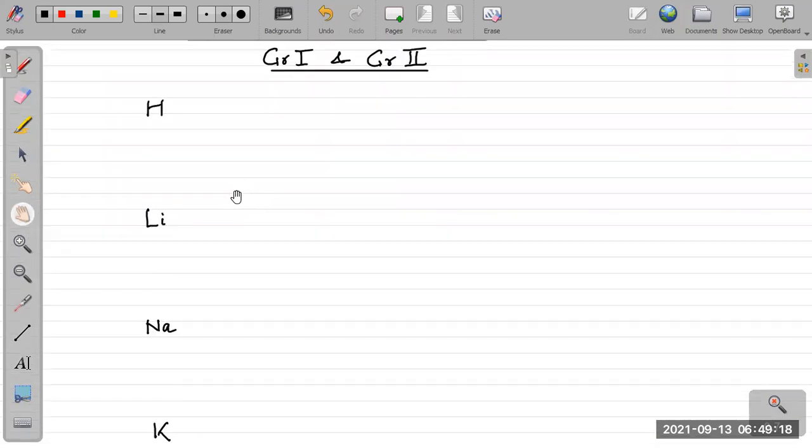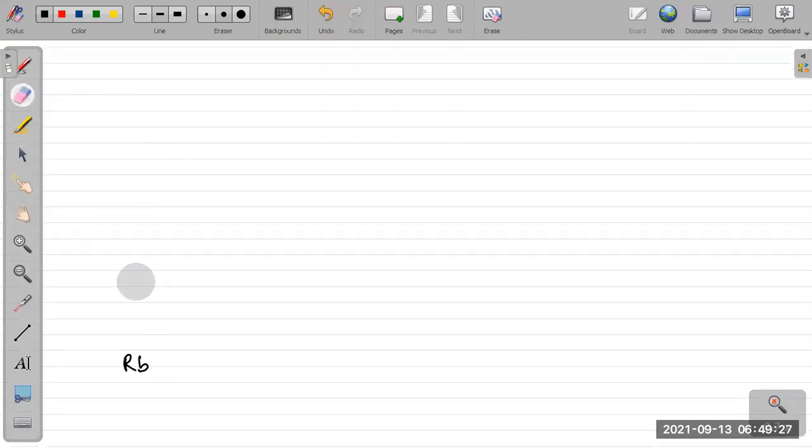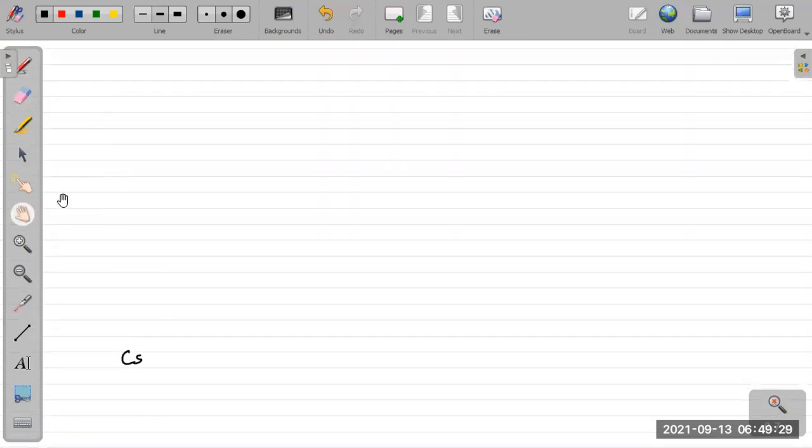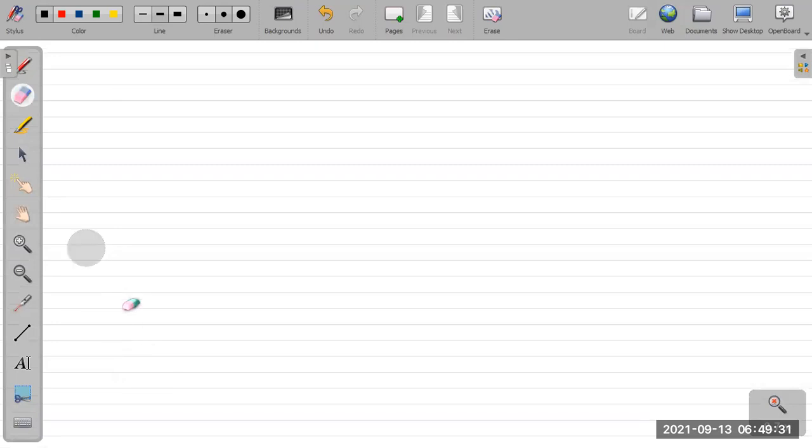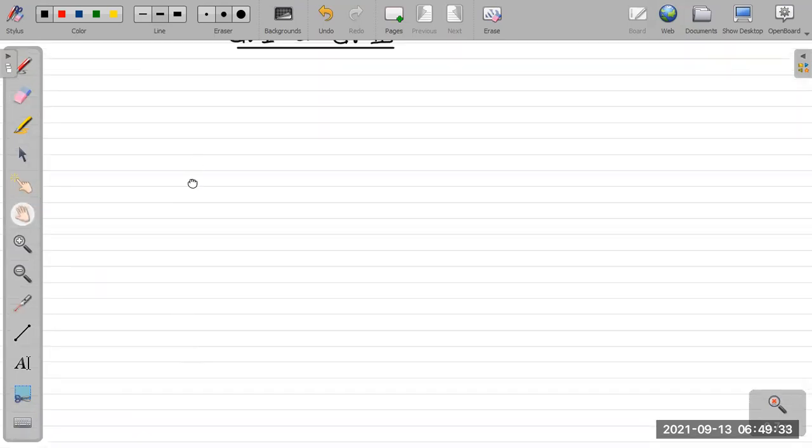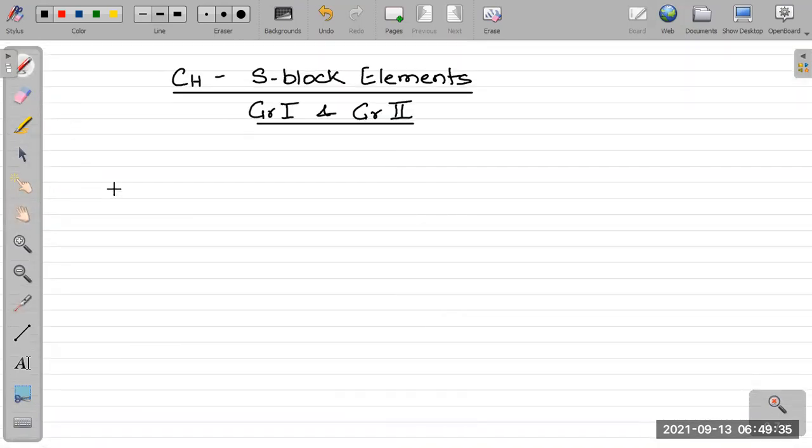Let's write this horizontally rather than vertical. So group 1 will have these elements: